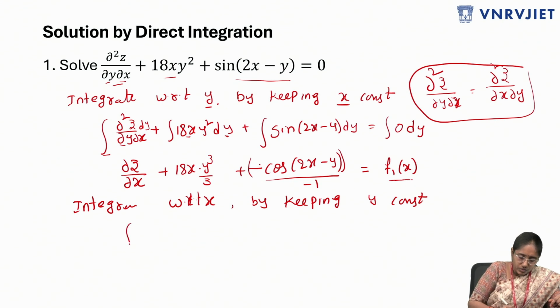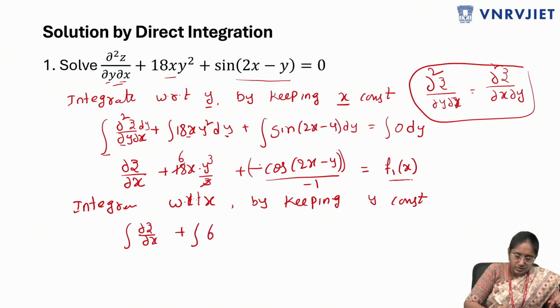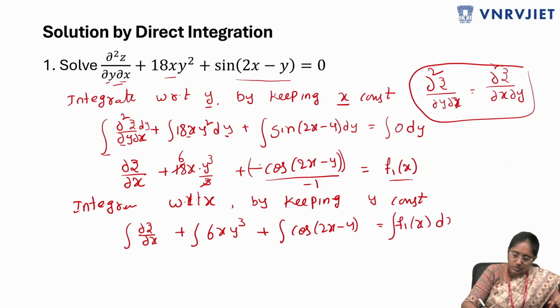Now integral of del z by del x plus integral of 6x y cube, minus of minus becomes plus, integral of cos of 2x minus y is equal to integral of f1 of x with respect to x. Integral and derivative again get cancelled. You will get z plus